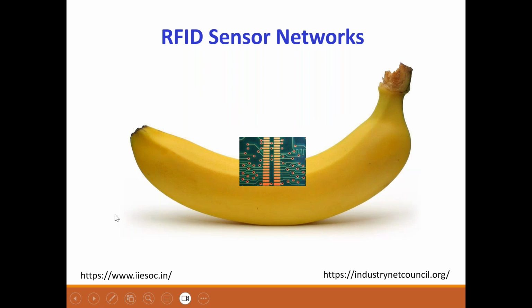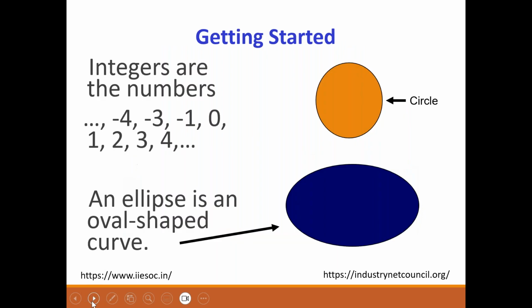So how does this work? You see here, this is an interesting little picture of a banana with an RFID. There are many, many such kinds of things. People are chipping everything. And when you do that, again, size matters. So let's talk about what ECC really is. And so let's start with some really basic facts, okay?